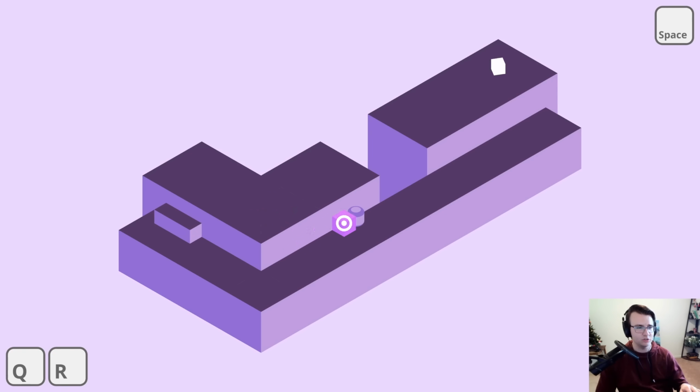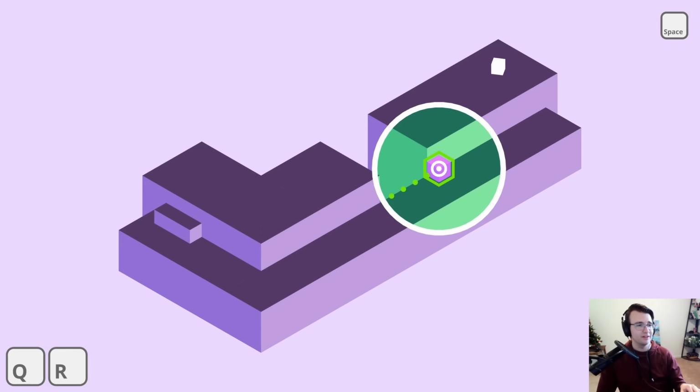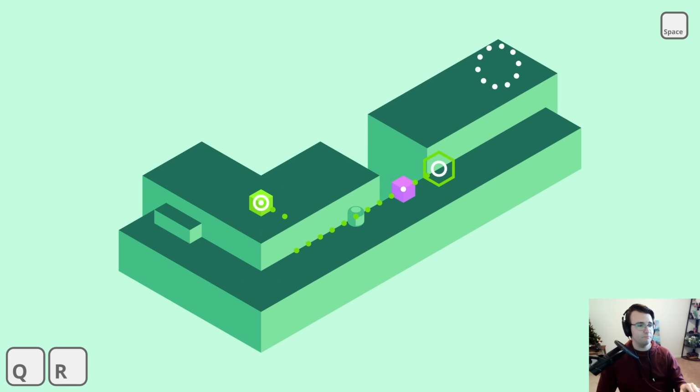This is strange. Can I use these cylinders as stepping stools? No, I cannot. Actually, what is the point of the cylinder? There isn't even a goal for it. Oh, I see the point of the cylinder now. What I need to do with my past self is push the cylinder over, and my future self is going